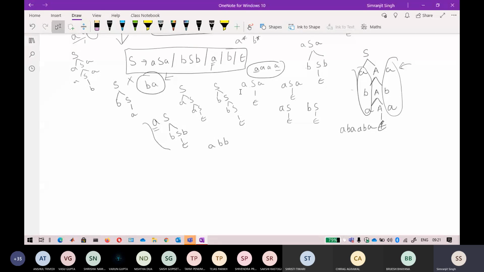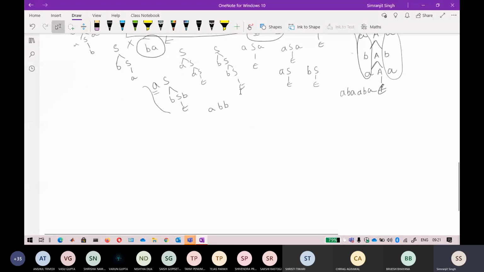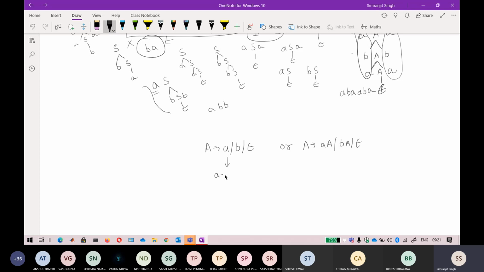What is the difference between A, B, epsilon and A, B star, and epsilon? Varun, let me clarify: if S tends to A slash B slash epsilon, or S tends to A and B star and then epsilon, this one corresponds to A plus B plus epsilon, and this one corresponds to A plus B star.